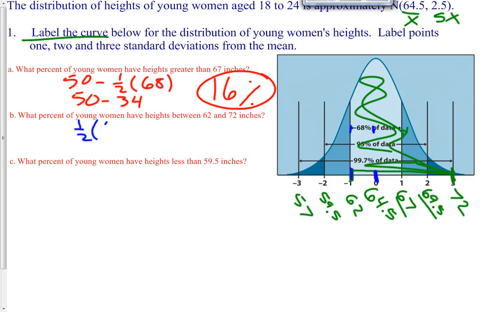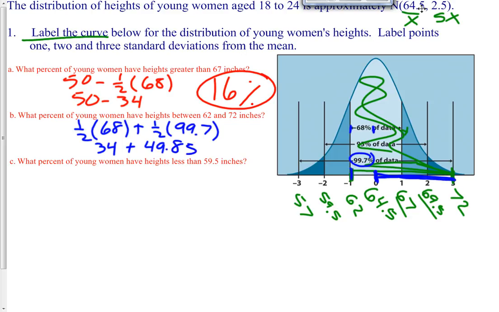So half of 68, and I also want this, which is half of the 99.7. From 0 to 3 is half of 99.7. So plus half of 99.7. So then you would get another 34%, plus half of 99.7 is 49.85. So our answer to this one, when you add up those two, is 83.85%. A lot of the data is between a negative 1 standard deviation to the left and a positive 3